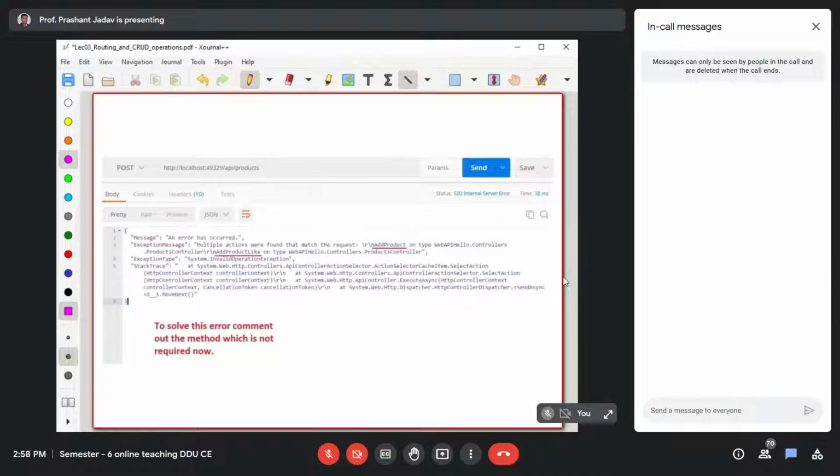Now you'll see that an error has occurred. The reason is that it is now conflicting with another post method. So now there are two post methods: one is add product, another is add product like. So there is a conflict between these two. So whenever there is a conflict,